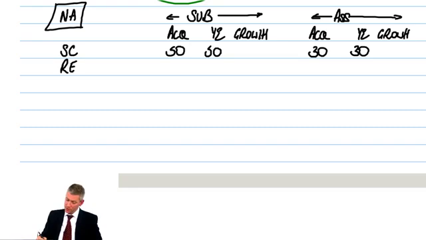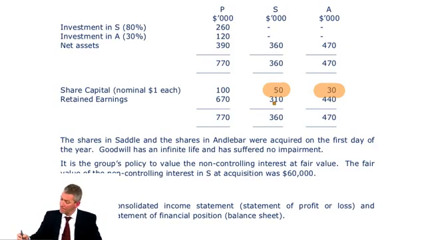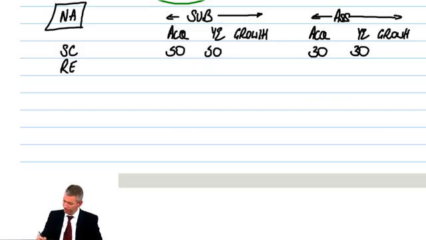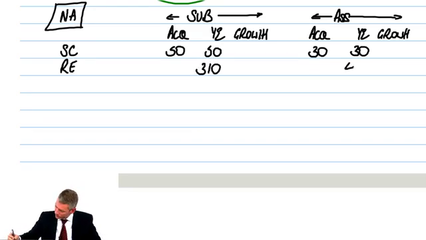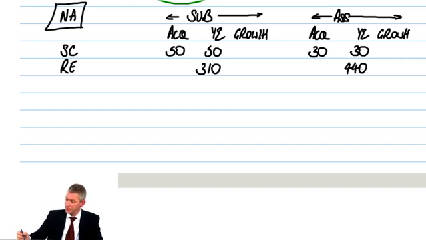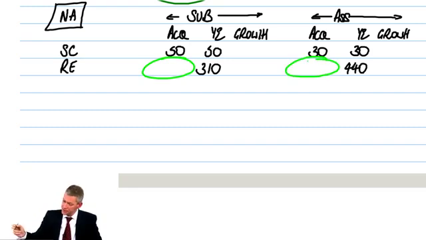So the retained earnings at the year end are 310 and 440. But we also need this fella here, the retained earnings at acquisition, and now clearly we do